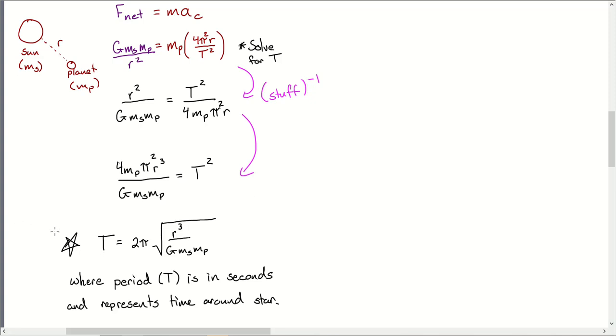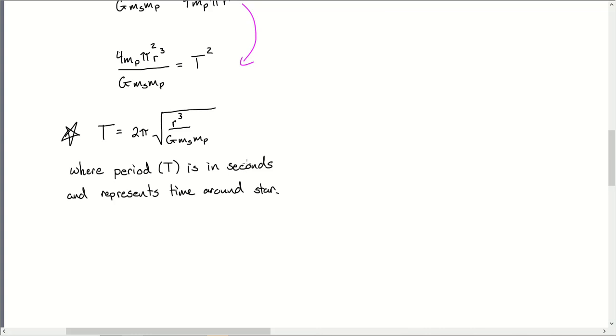Cool. So this right here is the big connection between Newton and Kepler. This singular expression is what gives me the orbital period of any orbiting body around anything else. Now, in this case, we had a star specifically with a planet, but it doesn't matter. We could be orbiting a black hole, irrelevant. Doesn't matter what we're dealing with. What we do get is a few different things. We get the period T in this situation, the orbital period, in seconds, specifically Earth seconds, and it represents the